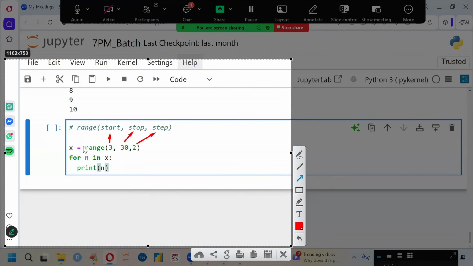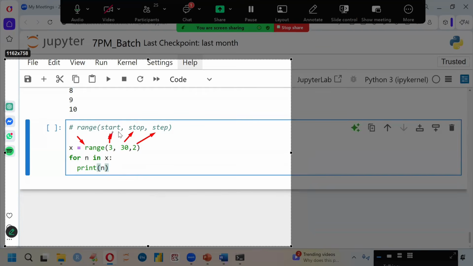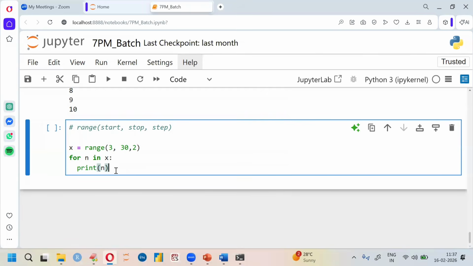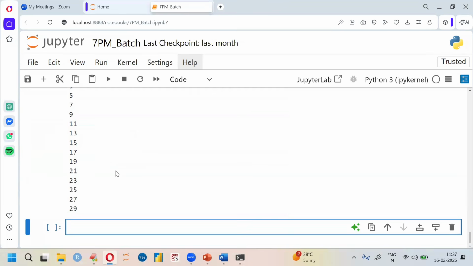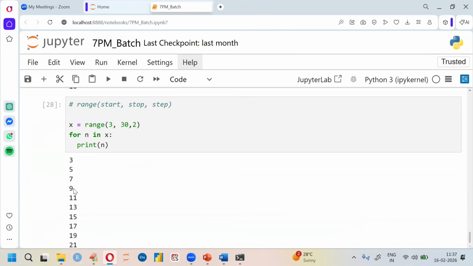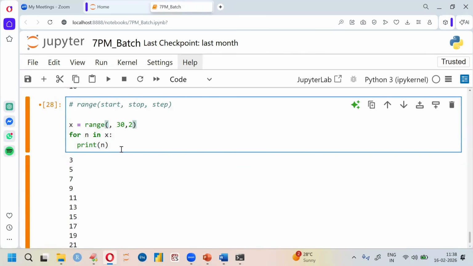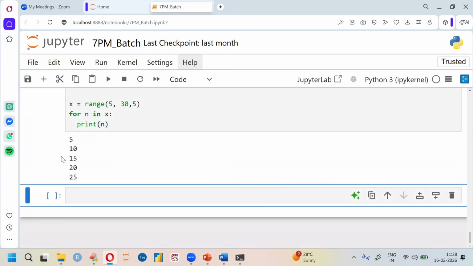So this is a range function with start, stop, step. Do remember. So 3, 5, 7, 9, 11, 13, 15 and so on. Suppose I want from 5 to 30, this time I am giving step 5. That means every 5 numbers will be skipped. So it is an arithmetic progression. We got 5, 10, 15, 20,